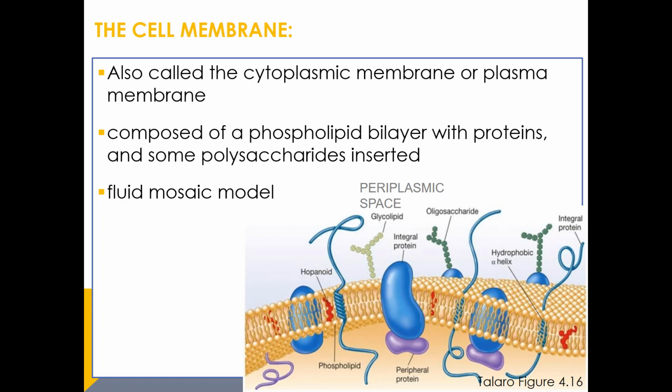But it's fluid mosaic, meaning the pool noodle may start out over by the ladder at the start of the day, and it may work its way over to the pool filter by afternoon, and the rubber ducky ring toy may work its way from the sunny part of the pool over to the shaded part throughout the day. And so the same goes with these proteins. These proteins can start out in one part of the cell membrane and work their way to other parts. That's a fluid mosaic model.